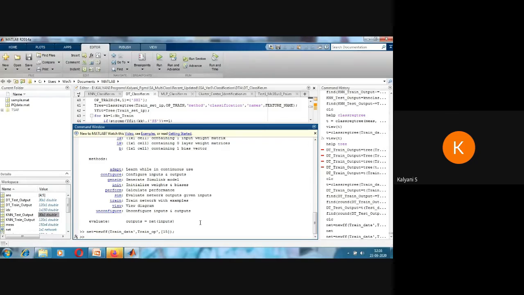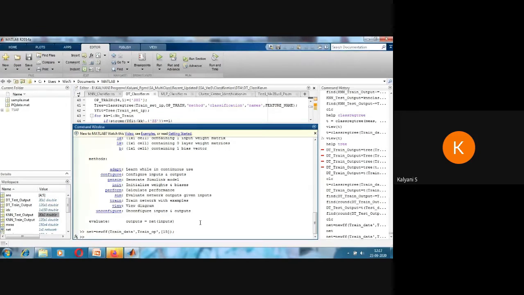And if you want to know the syntax of newff, you can type help newff and see where you can give everything, like the transfer functions. By default, it will take TANSIG. By default, it will take the LM algorithm for training. If you want to change everything, you can change. You can go for the syntax by typing help newff and you can use different combinations.